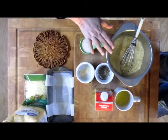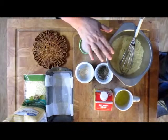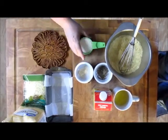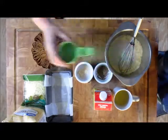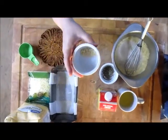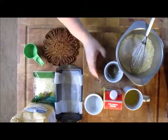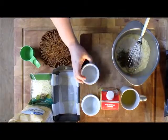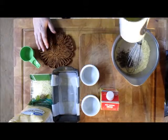I've got a cup of yellow cornmeal, not cornmeal mix. This is just yellow cornmeal. You have to have that. 1 cup. Half a cup of good old grits. Just plain grits. Half of a teaspoon of garlic salt. A full teaspoon of basil, a half a stick of melted butter, and let's see,